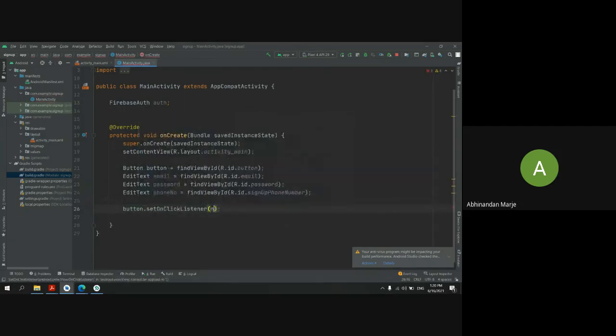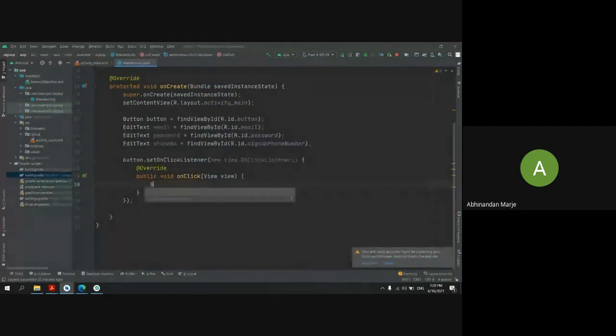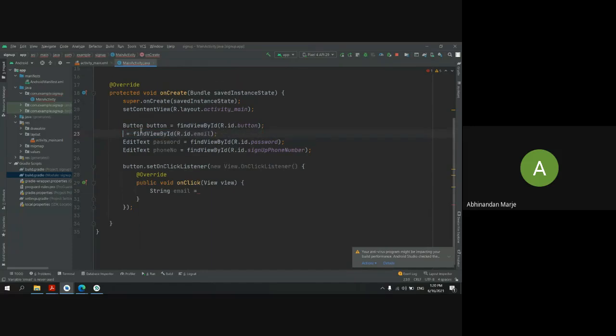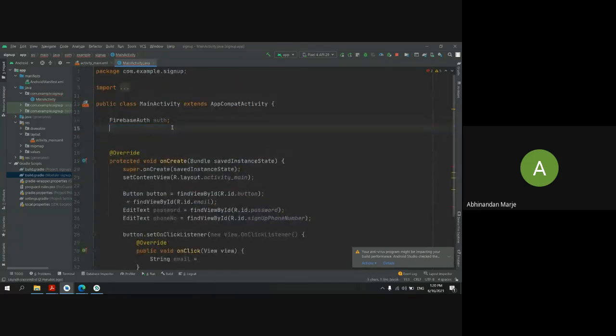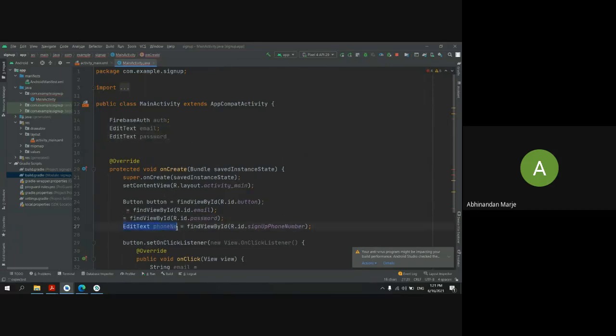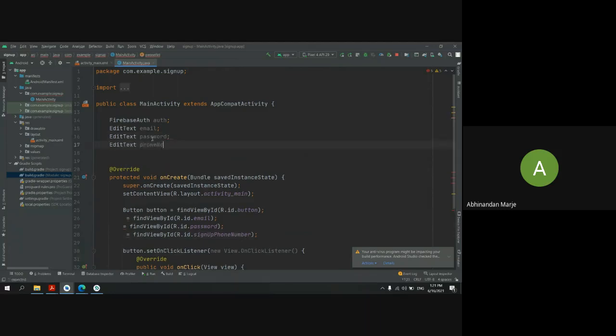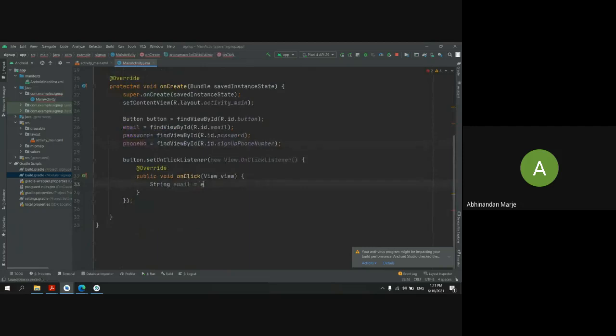Set on-click listener, new on-click listener, and in this I will pass on create on string, and then okay, I have to mention this. Because we want to use it in our on-click listener. Now